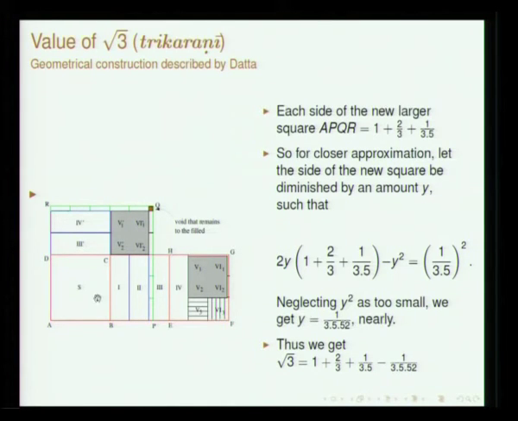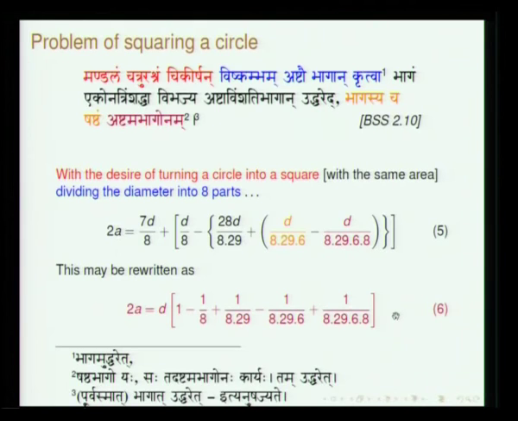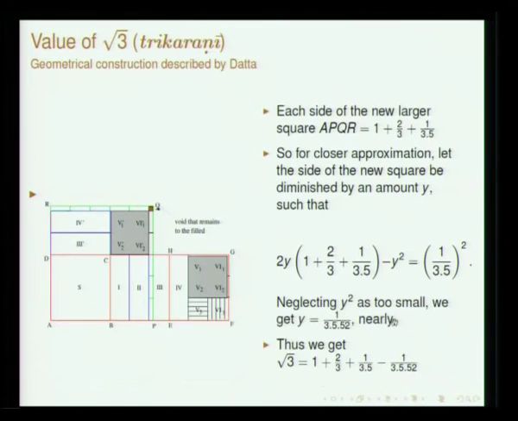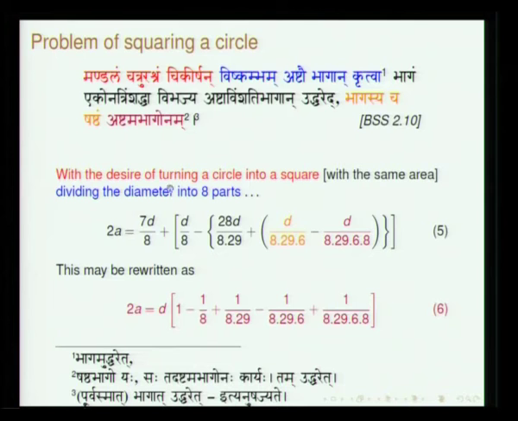It is a very similar diagram, wherein you have 3 squares considered, A B C D, B E H C and then E F G H. We have to add 2/3 of it on both the sides, and that is why we have this 2 by 3, and then 1/5 of it. So, this creates a certain void, and by formulating an equation similar to the equation which was described, you will get root 3. This has been stated in fact by Datta, Vibhushan Datta in his Science of Sulvas.